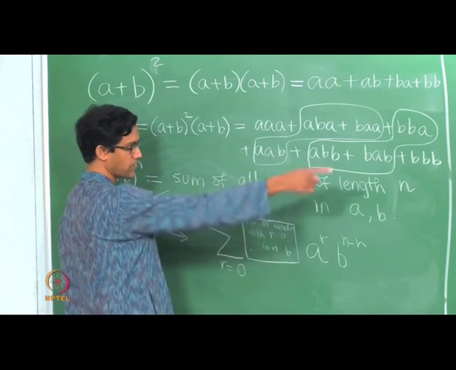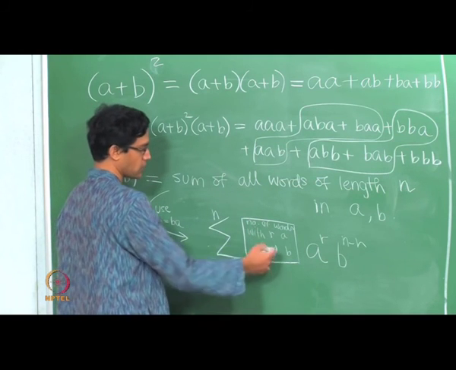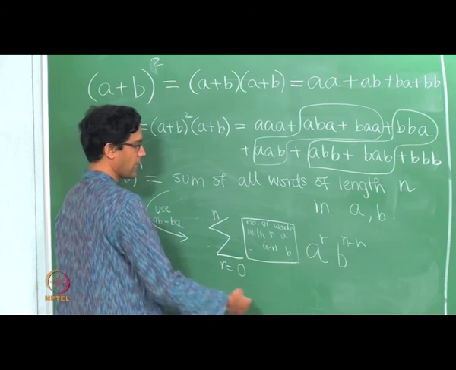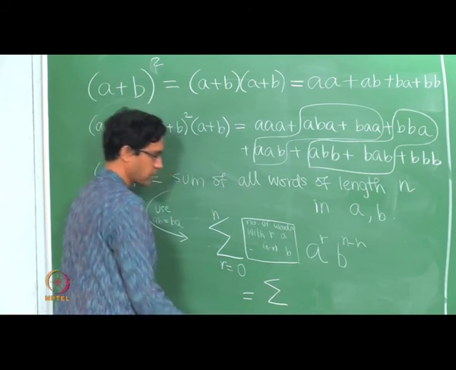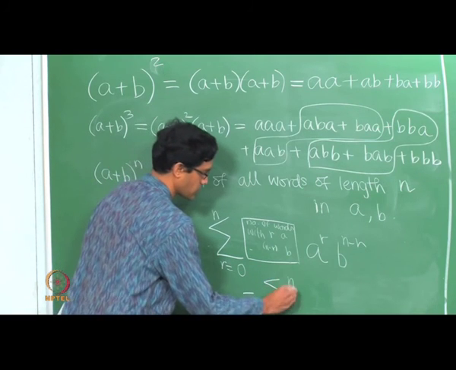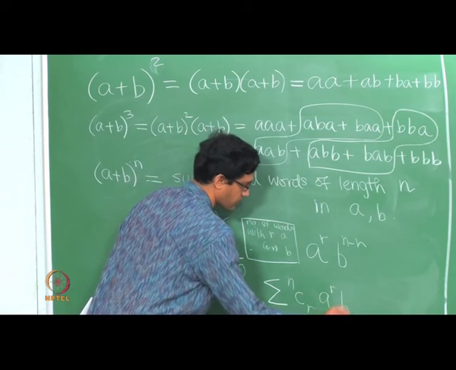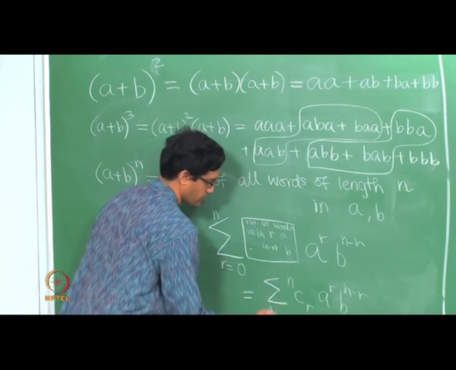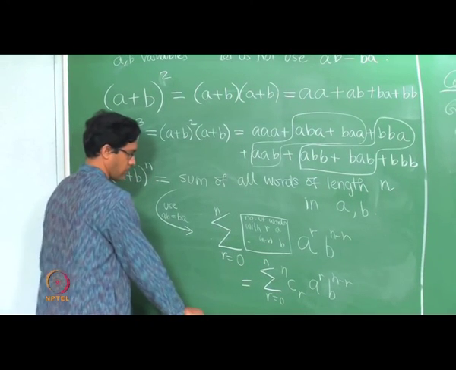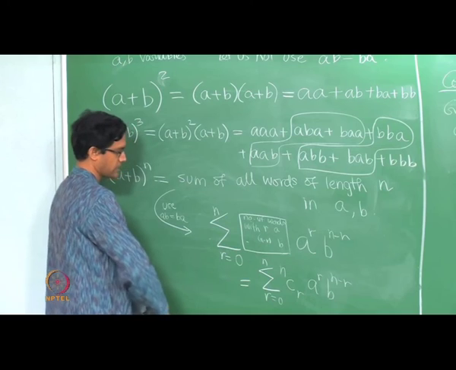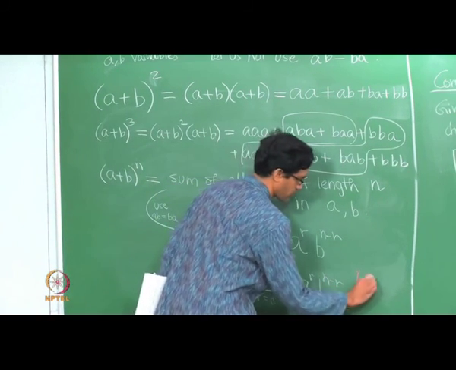Okay, so that is what this is going to become, but this is exactly the thing that we computed. In general there I did 4 choose 2, but it is clear in general what it is: exactly n choose r, because a word of length n in which you have r A's is just determined by the positions where the A's occur. So this is just n choose r, or nCr, A power r B power n minus r, and that is exactly what we call the binomial theorem, right. So that is indeed the binomial theorem.